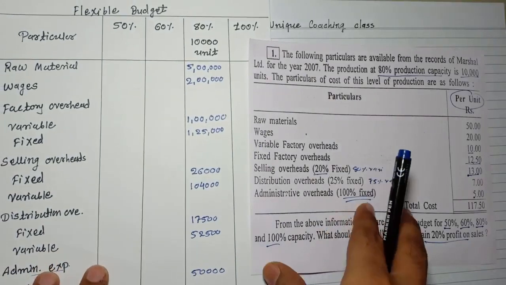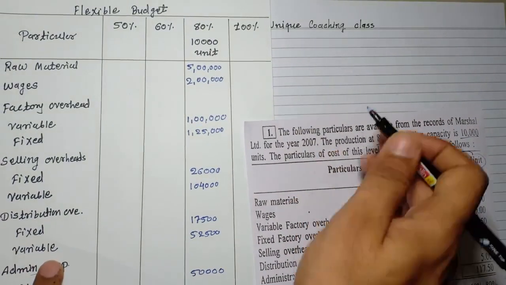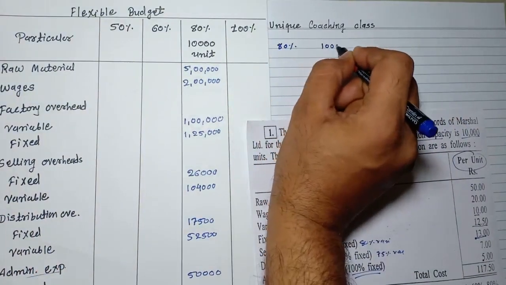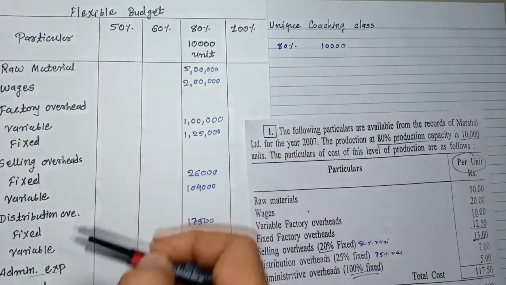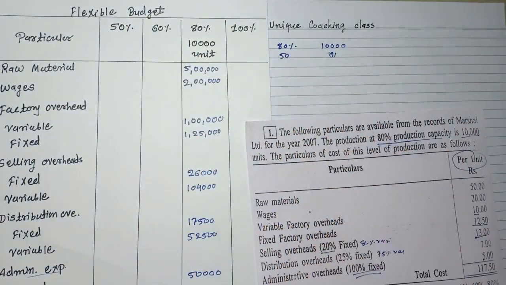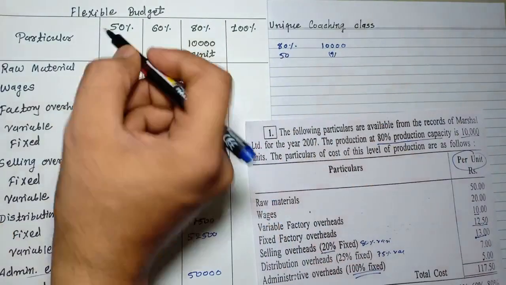First of all, what we have to find out is the units. Okay, we will find out the units. Very simple. Here at 80% level we are going to produce 10,000 units. At 80% it is 10,000. If we want to find out for 50%, then how much will it be? So 10,000 into 50 divided by 80. It will be